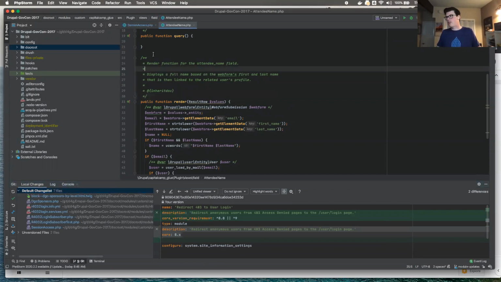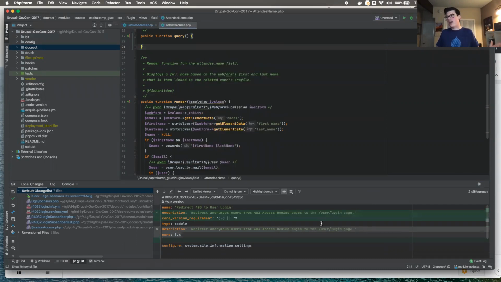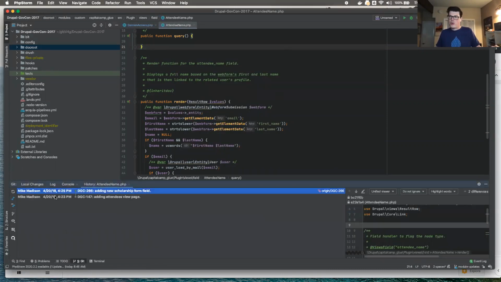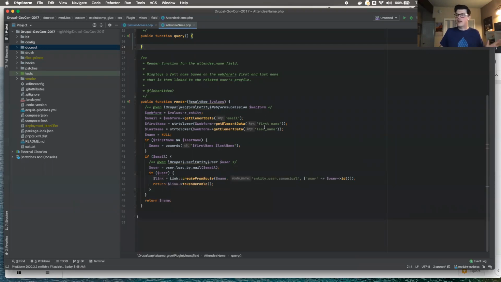Understanding, like, in a particular file, what is going on with this? Why is it this way? I can go in and see, oh wow, that Mike Madison guy, he did something weird to this, like what happened? I can go back and track that Git history right there in PHP Storm, which is really nice.